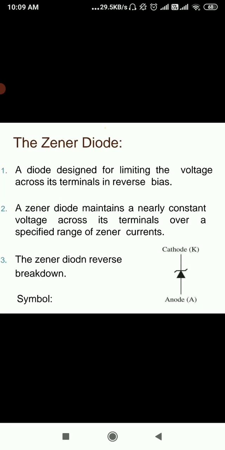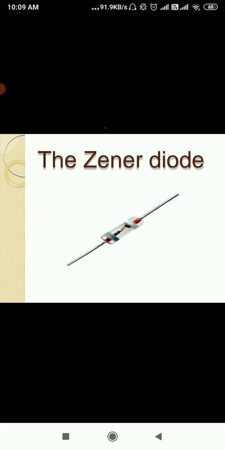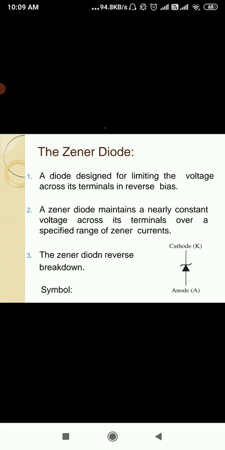If you see, practically, it will look like that. But its symbolic structure for the Zener diode, you are supposed to draw like that. Exactly similar to a PN junction diode, but the cathode, what did we do, we used to draw a vertical line. So here you are supposed to draw a line and give one inside arrow and one outside. We are supposed to draw a cathode terminal like that. These terminals have two slanting lines on the two sides. So this is the structure for the Zener diode.